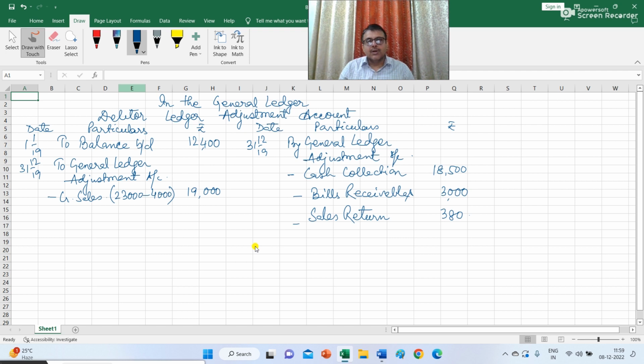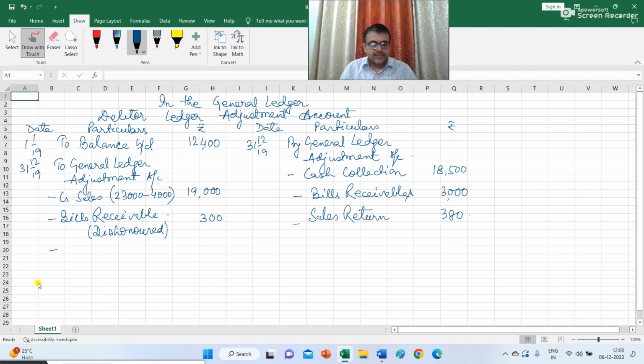Next is bills dishonored. So regarding bills dishonor, your journal entry is debtors ledger adjustment account debit to general ledger adjustment account because it is increasing the balance of debtor. So here I am writing as bills receivable, and within bracket I am writing dishonored, rupees 300. Next transaction is regarding checks dishonored, rupees 100. So your journal entry is debtors ledger adjustment account debit to general ledger adjustment account, and the purpose is to write the checks dishonored,